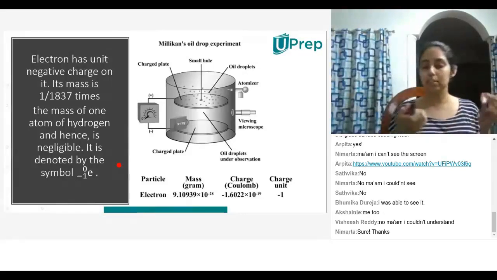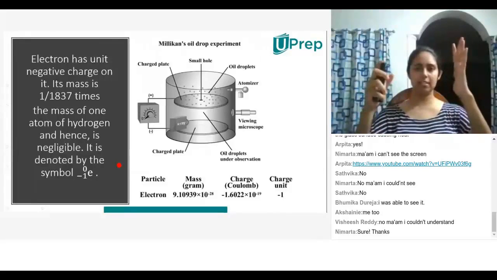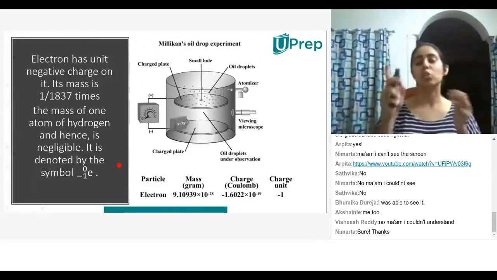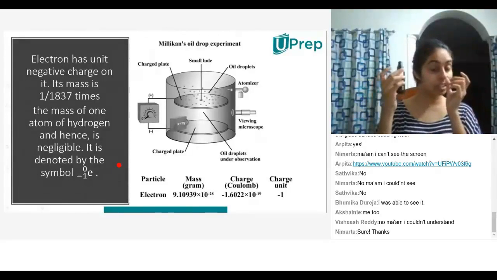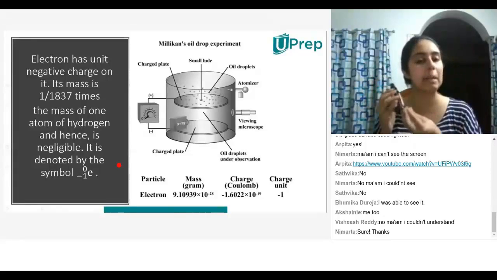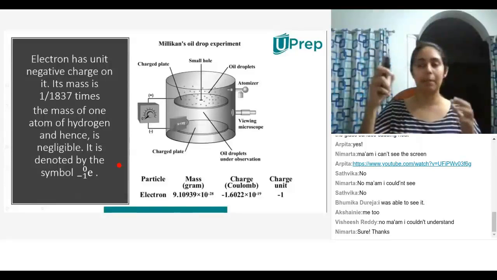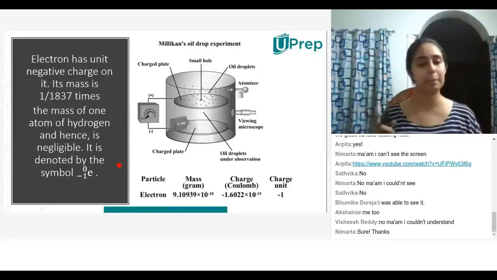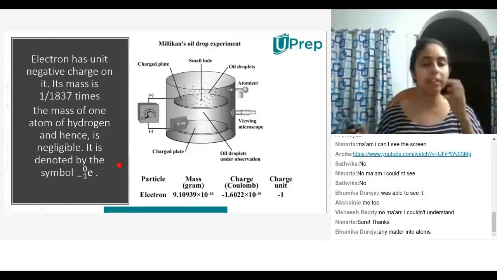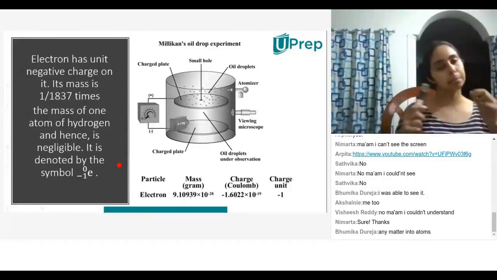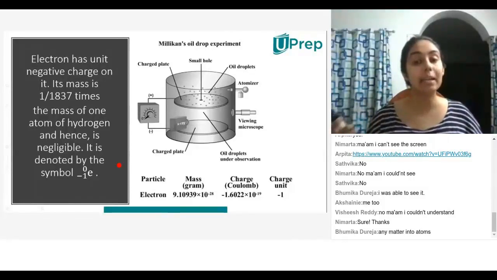So for example, you look at this, right? This is like a perfume bottle, and when I press this, what happens? I get like a mist, right? So what this does is it is atomizing the liquid, okay? That means the liquid is being broken down into small, tiny particles. So this is called an atomizer. So in this experiment, it breaks any liquid or matter into smaller, tiny particles, the size of an atom. That is what an atomizer does.